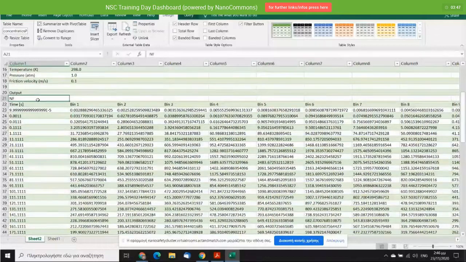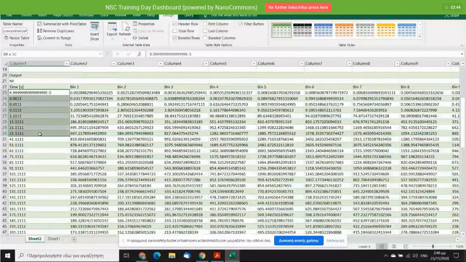Here are the time steps, and here are the concentrations of